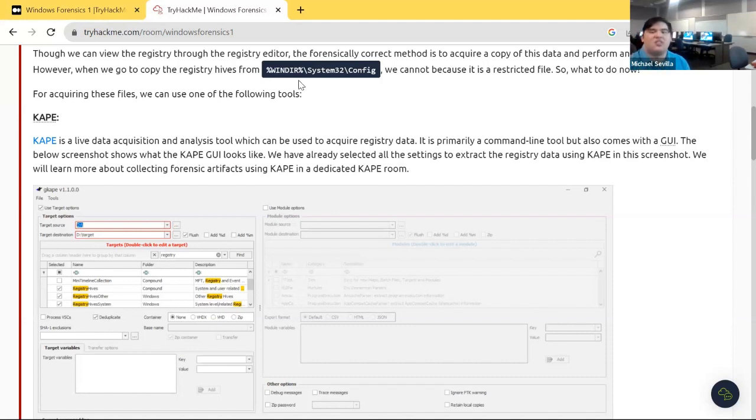Unfortunately, we can't because it's a restricted file. Good job, Michael, for restricting the file in your system. Good job. So what do we do now? I got tools for you. Yes, and also these rooms